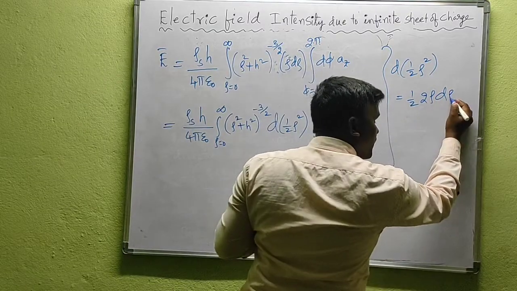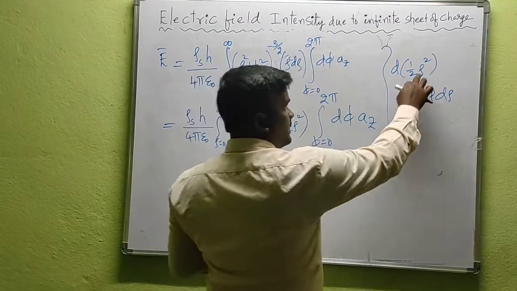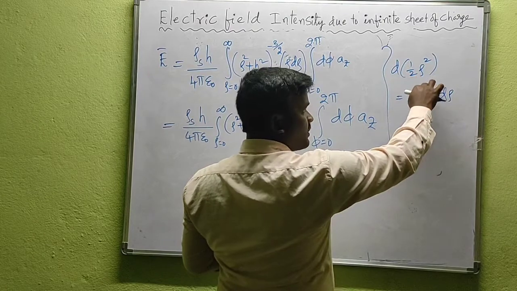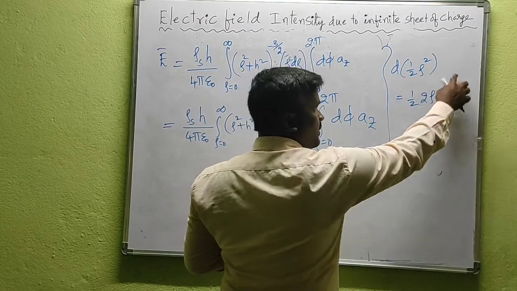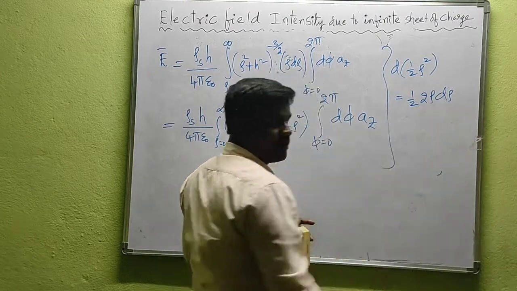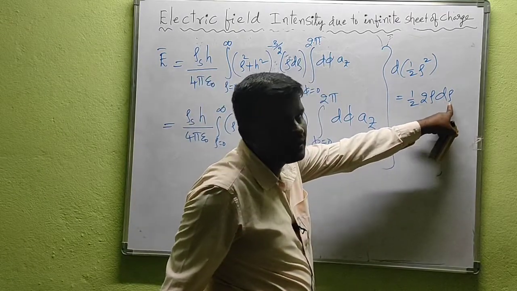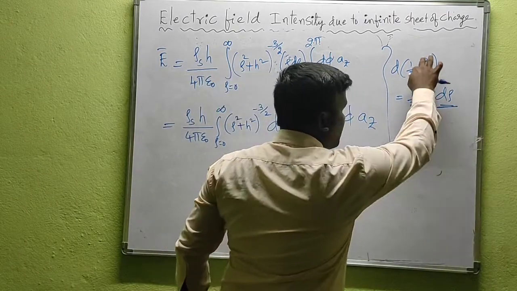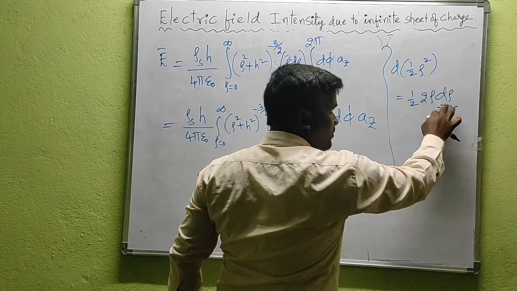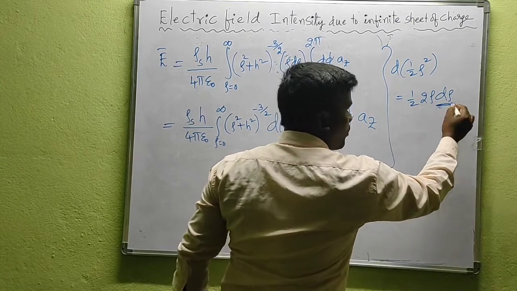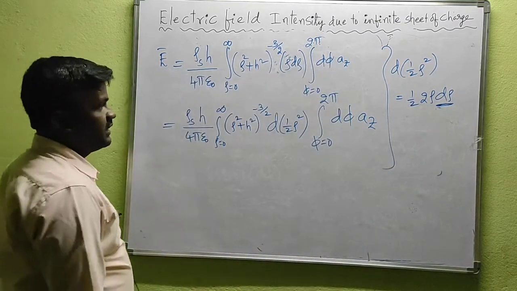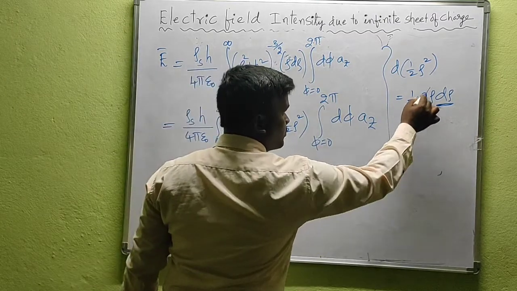That's why again differentiation of d rho. If differentiation is performed with respect to rho, then we will get 2 rho, but we need to take d rho. That means the differentiation should be with respect to d rho. It indicates we got rho square as 2 rho if differentiation is performed with respect to rho. Okay. So that's why here this 1 by 2, this 2 cancel out.